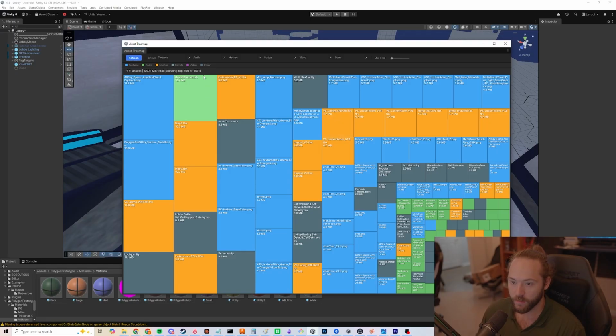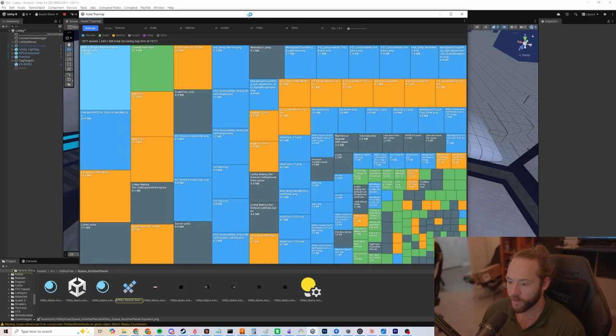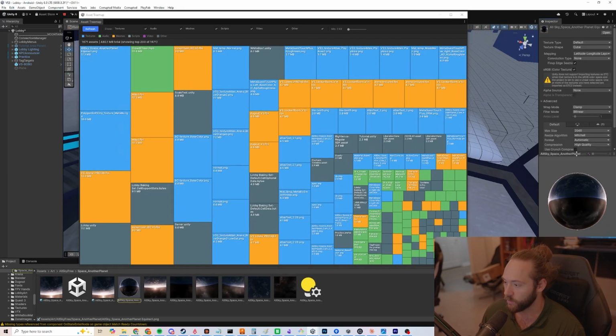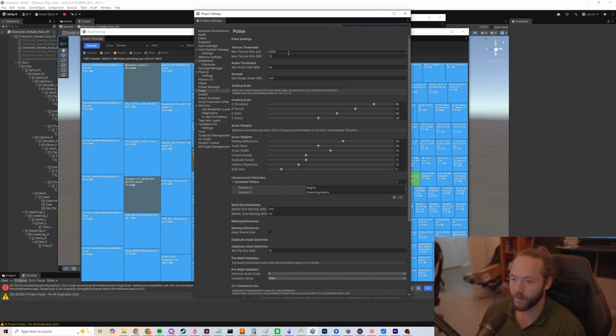And you can see here, based off different categories, my all sky space and other planets is my biggest assets in this project. And there it is right there in all of its glorious looks. So if you feel like you don't understand why your project is big, this is a good way to look into it. Now, talking about the settings, I wanted to bring them back up and mention that